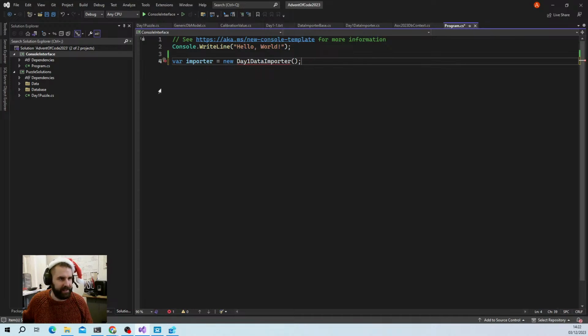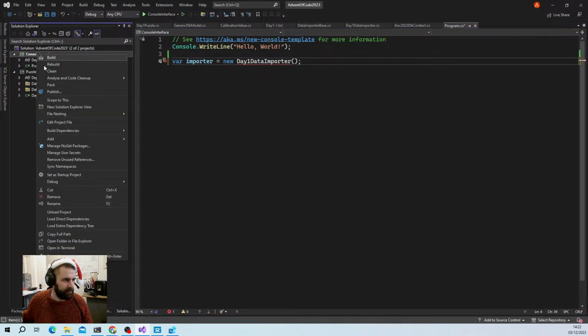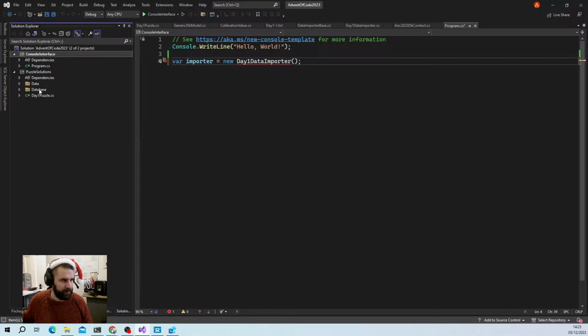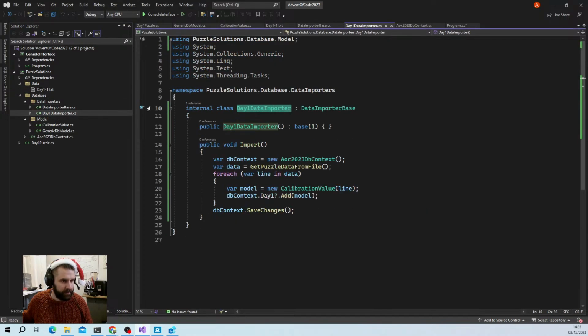Why does everything hate me? Let's just make sure that's added. Add project reference, puzzle solutions. Sure. Oh, have I done something really silly, like made this internal? I have. Because that's internal, you can only see it in the project. No matter if you've imported that project somewhere else, we have to make sure this is public, otherwise we